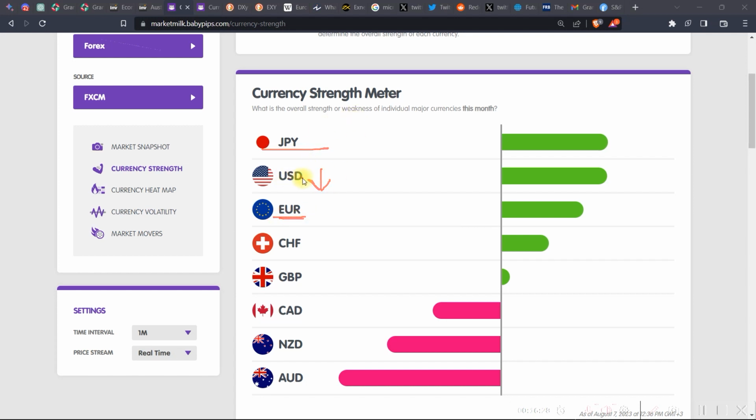Now let me say this. If you're expecting weakness, let me say that again. Oh, you can see the dollar has gained strength even. Remember, this is the monthly time frame, so this is a big change. So if you're expecting weakness in the dollar, that means you have to trade the USD JPY and the